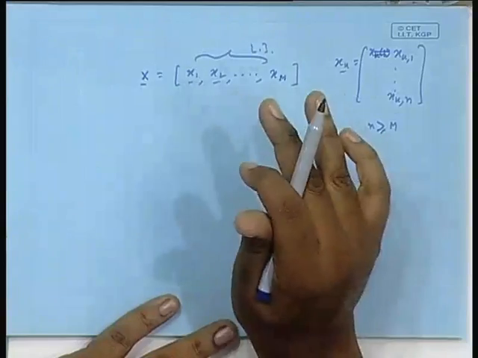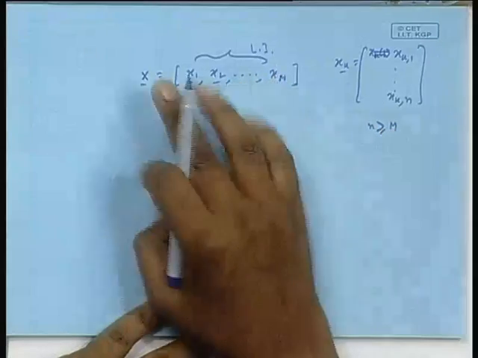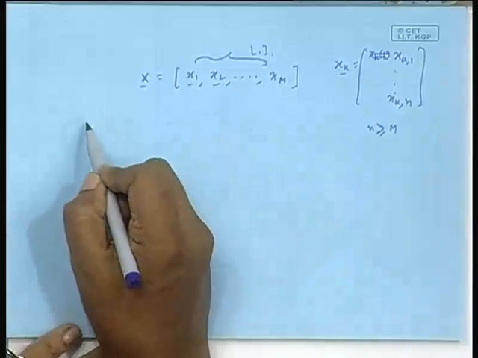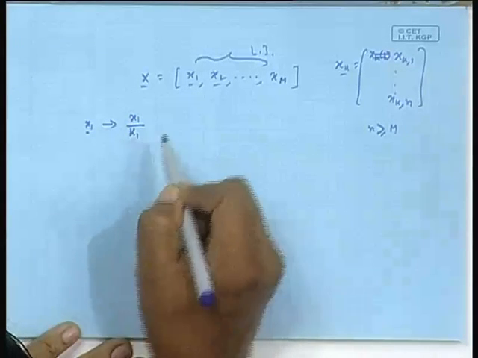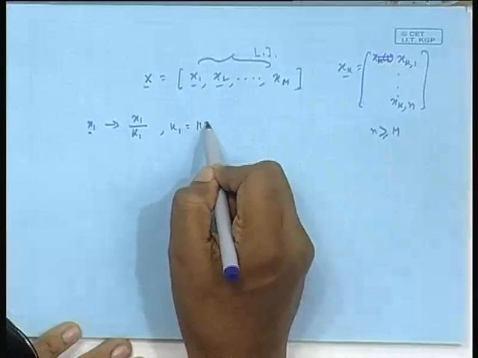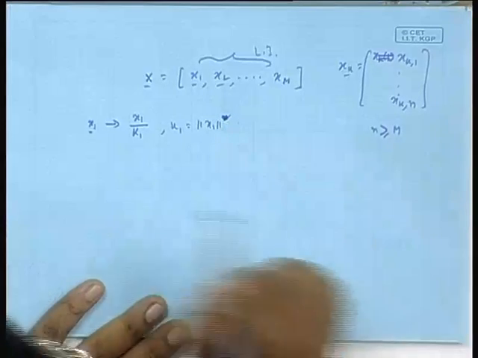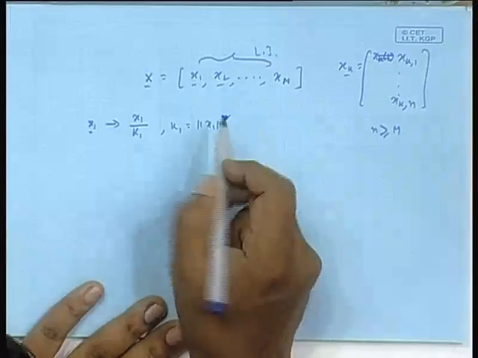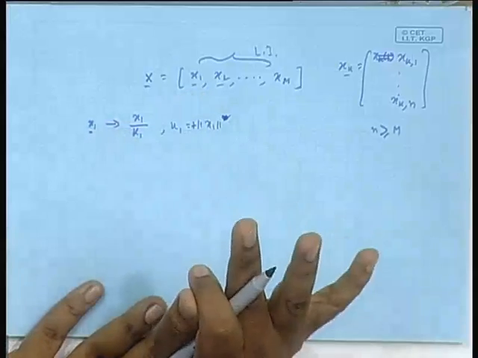Okay. What will I do? I will take x 1 as it is. Again, there is nothing unique about it. I could start with x m or any other vector, then go on building. I will start with say x 1. X 1 will give rise to just x 1 by k 1, where k 1 is the square root of norm square, in fact, the norm. So, k 1 is a positive number. From x 1, I get a vector with unit norm.